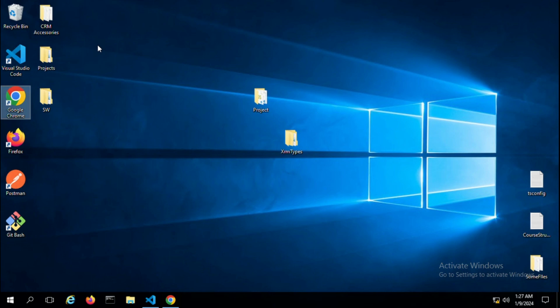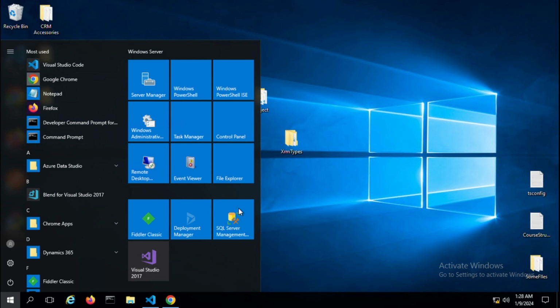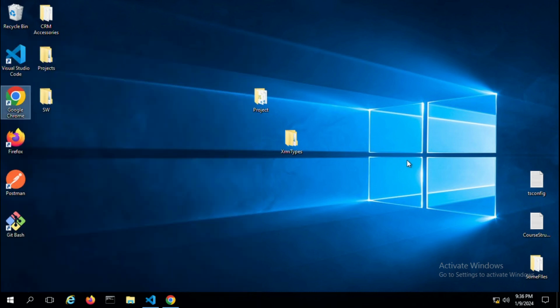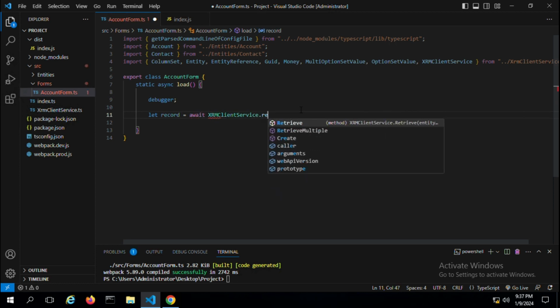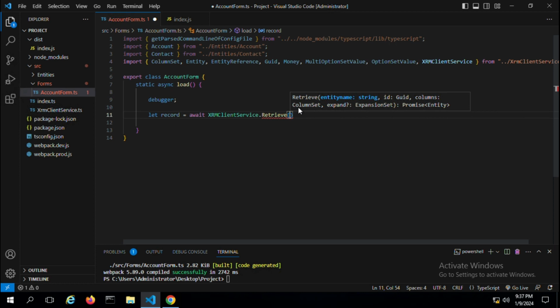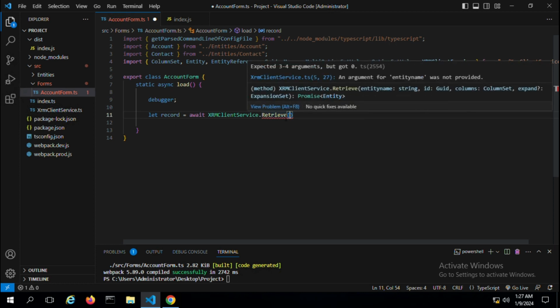In this video I'm going to demonstrate how to use the XrmClientService retrieve method. So we go to VS Code, and we are now going to retrieve an account record from our organization. So we go with await XrmClientService.retrieve, and if we look at the signature of the method, we see that there are